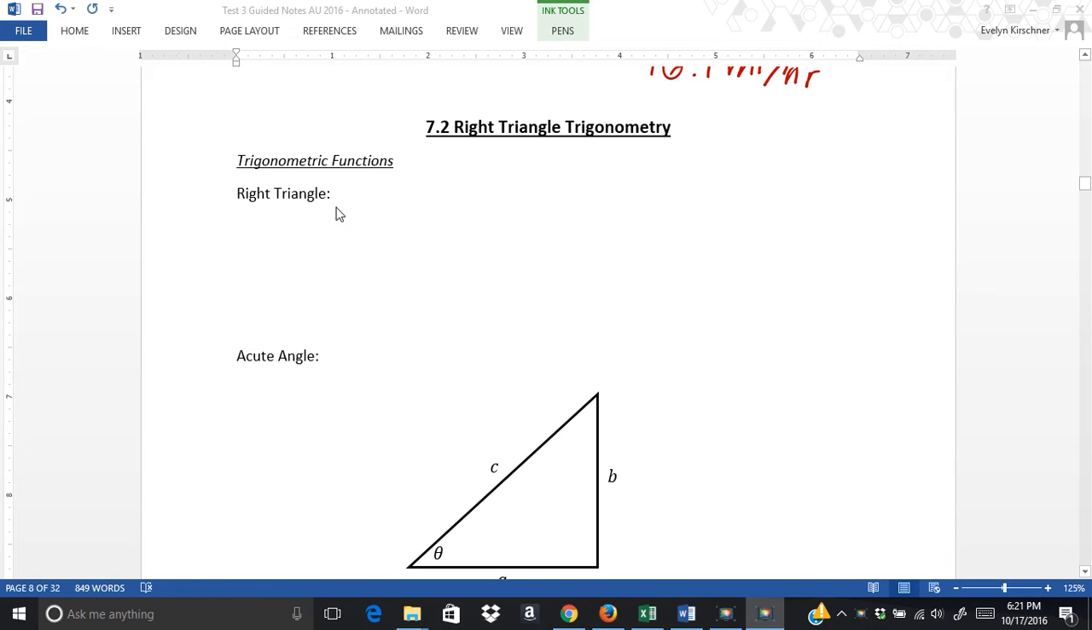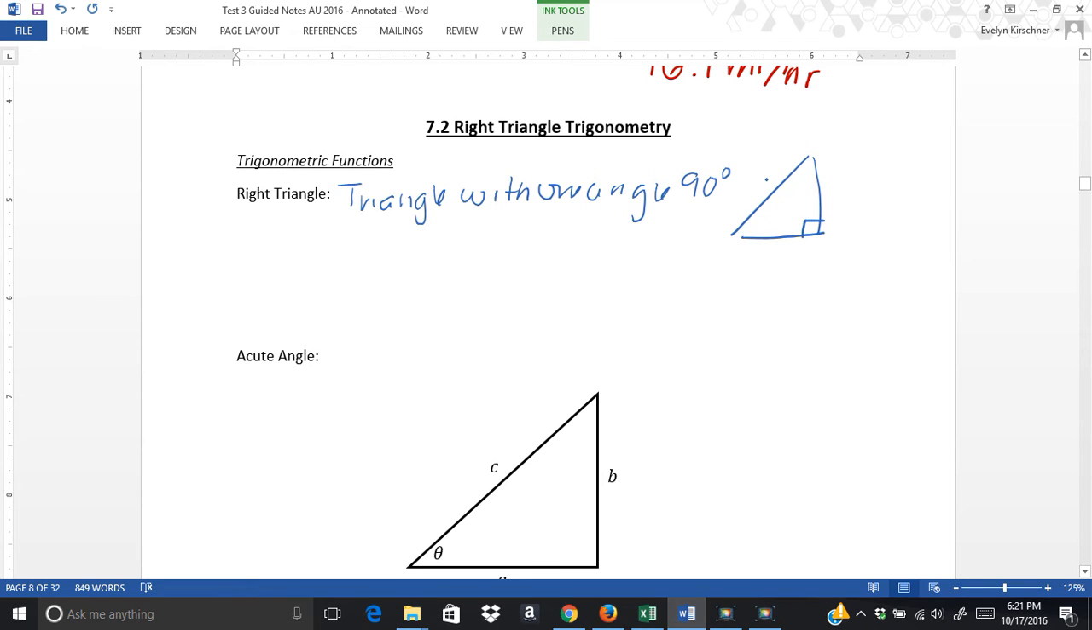A right triangle is a triangle with one angle that's 90 degrees. If I draw one, here's my right angle. This is the hypotenuse, and these are the legs. An acute angle is an angle less than 90 degrees. And now what we're going to do is we're going to look at a right triangle,